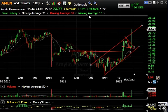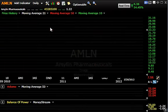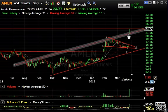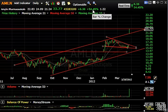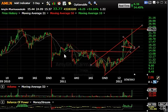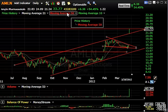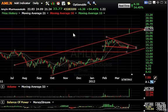AMLN Pharmaceuticals with a monster day as key drug news came out. The stock broke out of this falling wedge that we've been following, and with a big breakaway gap there, got across the top of the channel to lateral resistance, but closed right there. This is a very strong move. Not only was there a monster volume today of 43 million shares, but with a close like that, looking at